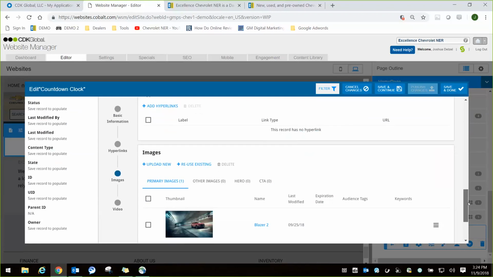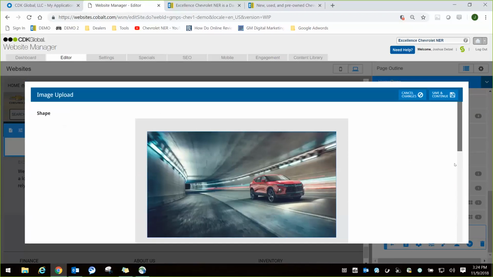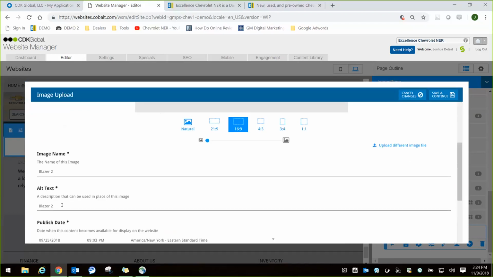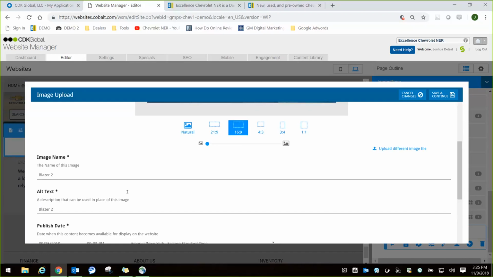Before I do that, I also want you to know that if you click into your image, if you're uploading an image, you'll have an opportunity for a title of this image and alt text. So what would you put in the alt text? Typically, something that Google would recognize. Google's not going to look at this image and see this, so when it's crawling this content and crawling this chapter, it's going to pick up this image. It doesn't know what this image is, so it is our job to show Google that this is going to be a